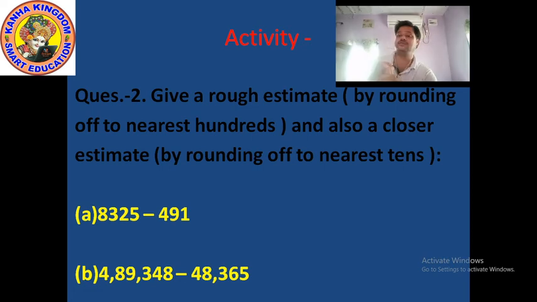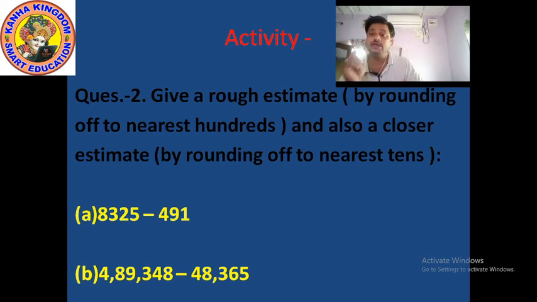Okay, like this you have to convert to nearest 100, and when you have to convert to nearest 10, then first keep in mind which two place values, ones place value and tens place value. First see the ones place value. Here also two rules. If ones place value is less than 5, you convert ones place value into 0, and nothing you have to change in tens place value. Whatever the tens place value, you write down the same, and whatever the digit in 100 place, 1000 place, 10,000 place and lakhs place, nothing you have to change. Write down the same values.